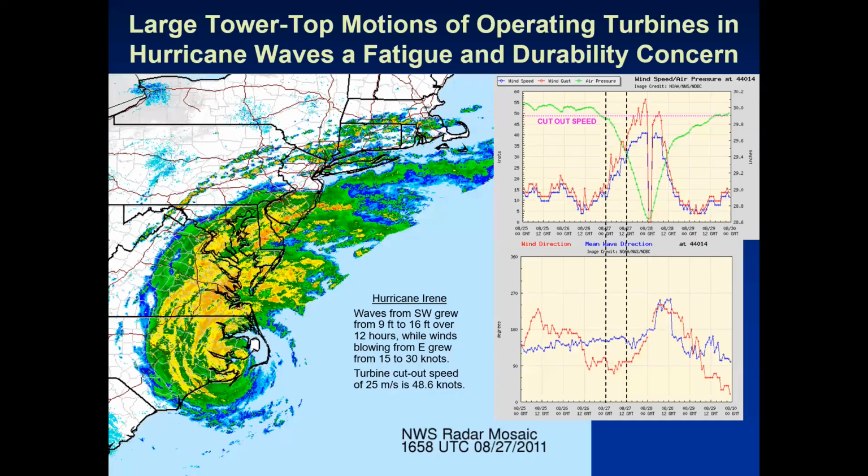But this is really worth looking at. These were some snapshots I took during the hurricane when they were available, or a couple of days afterwards. You can see the wind speed, and this has all been adjusted for hub height, so that the turbines at this location, which is buoy 44014, near the edge of the shelf, would be operating because the mean wind was below the cutout speed of 25 meters a second. And you can see there's quite a bit of variability in the wind direction relative to the waves,